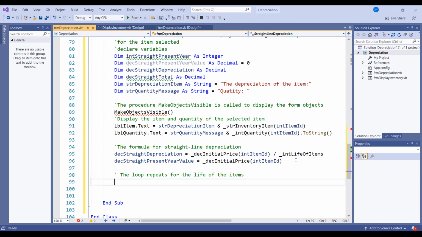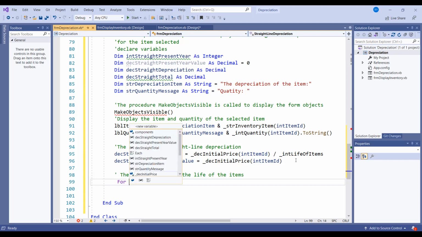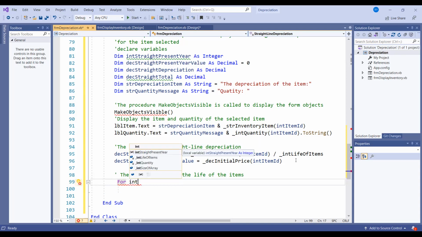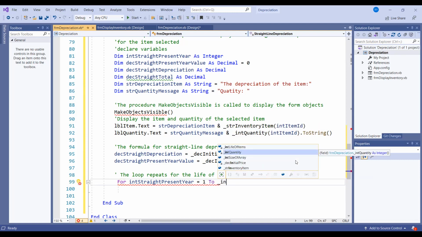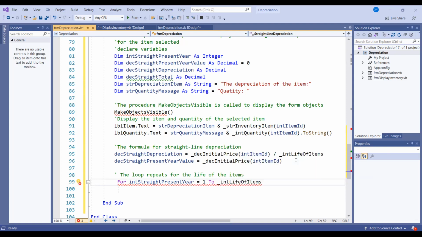So we use a loop to repeat for the life of the item. We start with a for loop: for int straightPresentYear, we use the tab key, equal to 1, from 1 to int lifetime, the life of the item. Then we can accumulate the total